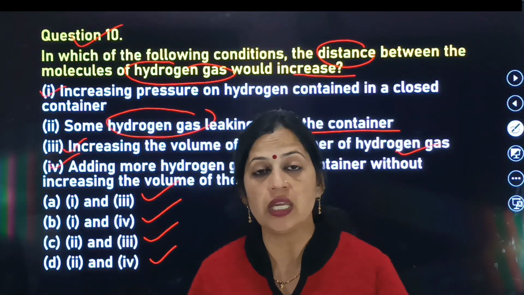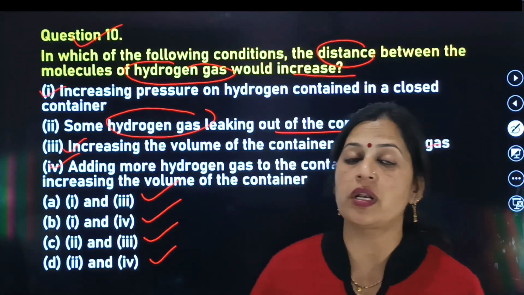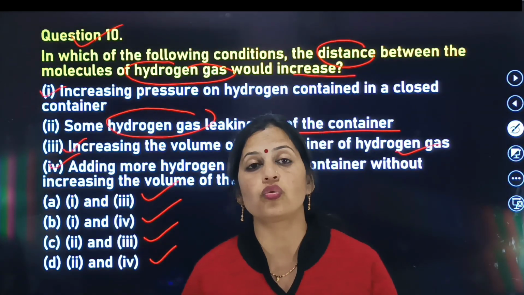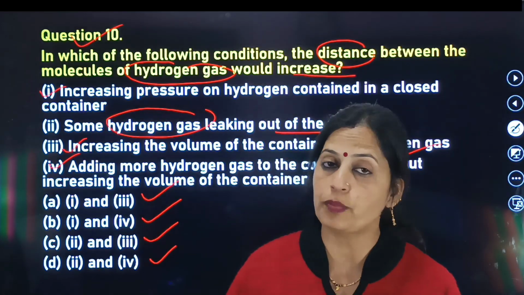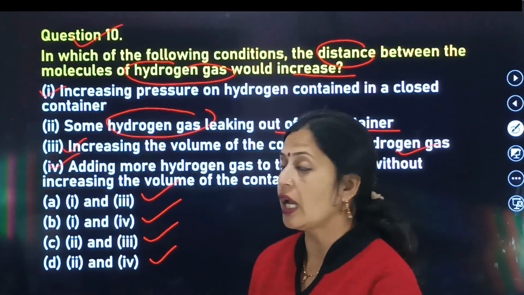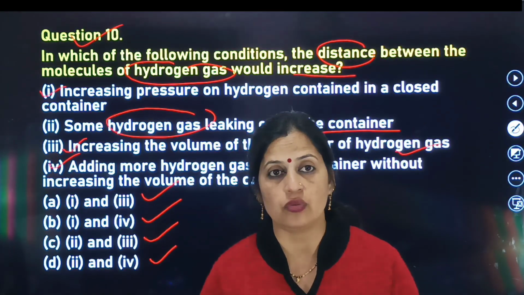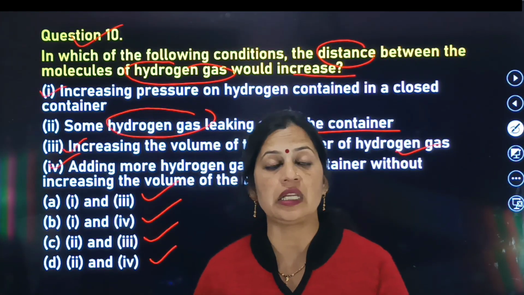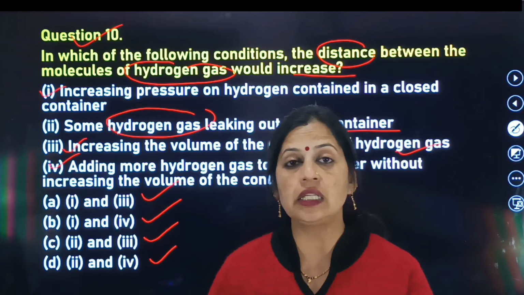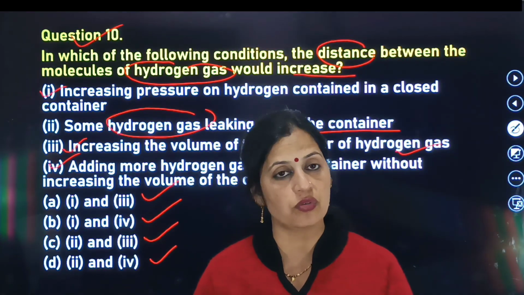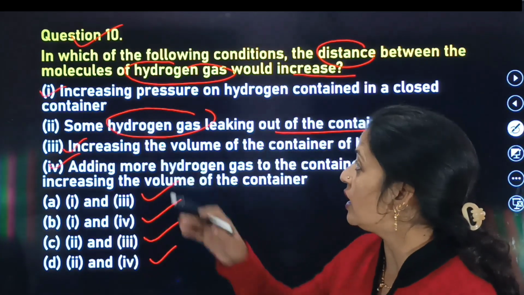मॉलिक्यूल गैस वुड बी इंक्रीज। तो इन दो कंडीशंस के ऊपर हमारे हाइड्रोजन गैस मॉलिक्यूल्स के बीच का जो डिस्टेंस है उसको हम इंक्रीज कर सकते हैं। तो पहली कंडीशन मैंने ये बताई आपको, या तो हम कुछ हाइड्रोजन गैस को कंटेनर से टेक आउट कर लेंगे। इस कंडीशन पर हम हाइड्रोजन गैस मॉलिक्यूल्स का डिस्टेंस ऑटोमेटिकली इंक्रीज कर सकते हैं।